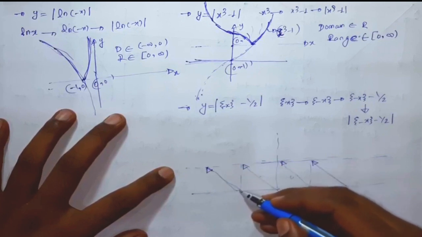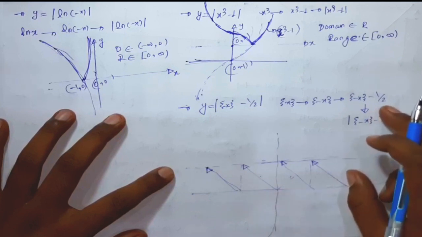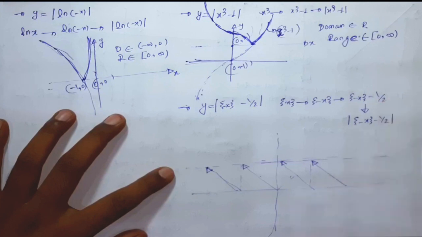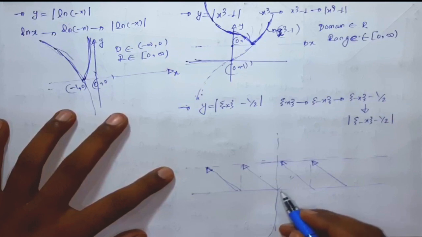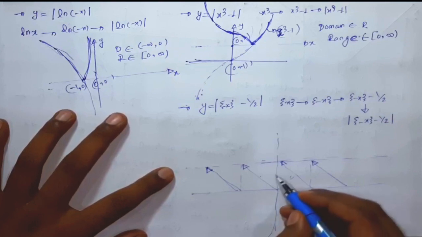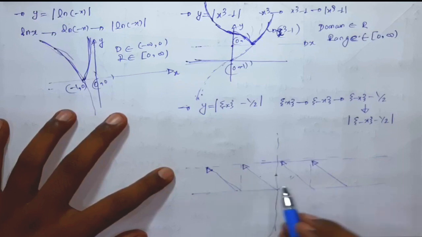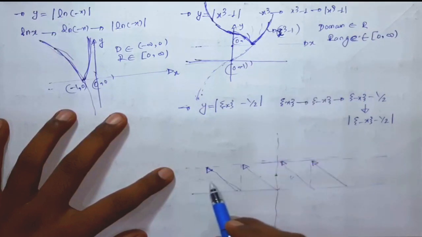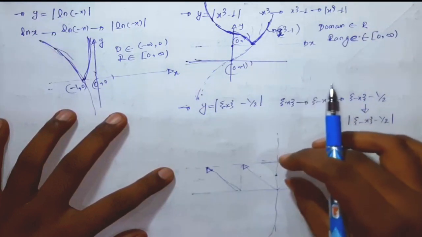Okay, now we are going to shift this fractional part of minus x by a distance of 1 by 2 in the negative x direction. So initially this was the origin. Now we are going to shift this origin in the positive x direction by a distance of 1 by 2. So if we assume this is the origin, then it will look like we have shifted the graph by a distance of 1 by 2 in the negative direction.